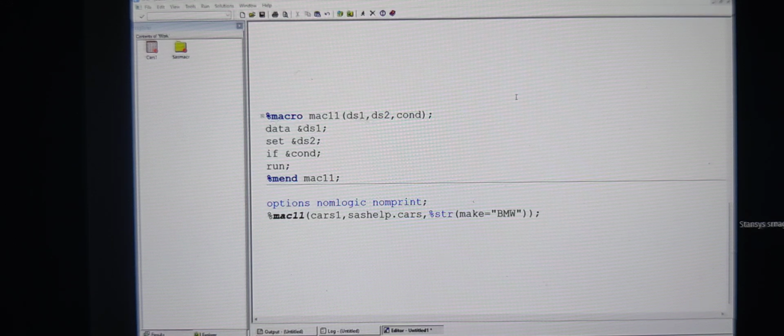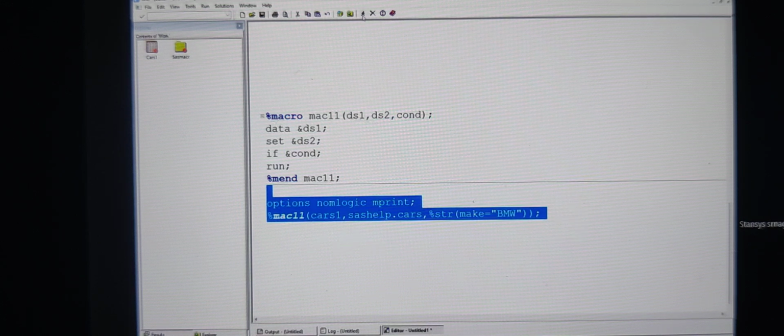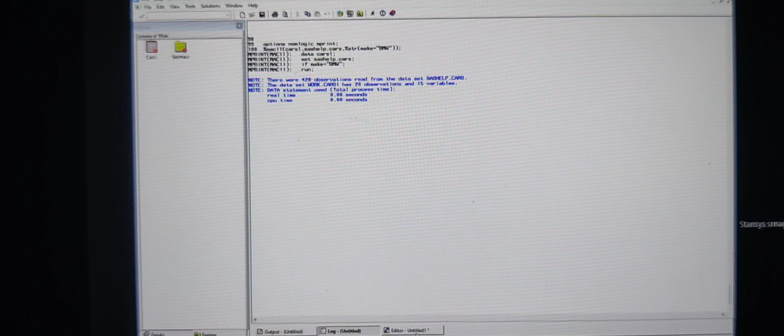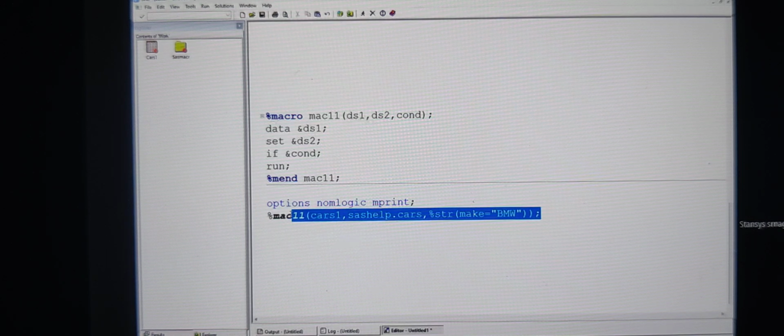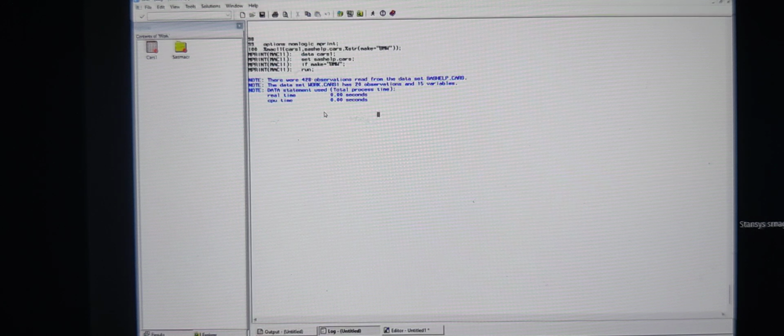So if you want to see the base SAS code, what I'm going to do is change the default option of nomprint into mprint. What will mprint do? Whatever base SAS code the macro processor generates, it is going to print in the log window. Now can you see? What is the base SAS code? This is the base SAS code: data cars1; set sas.cars; if make = BMW; run;